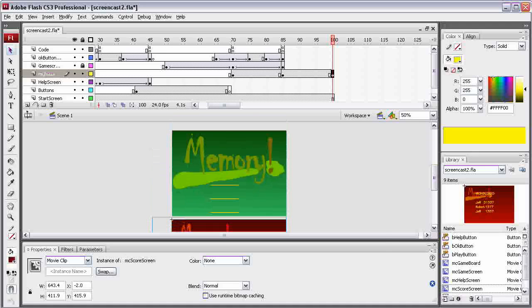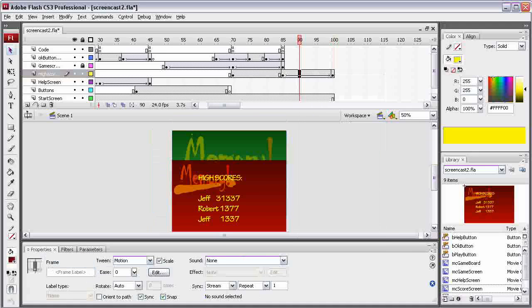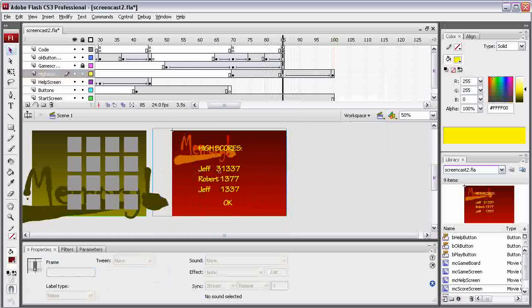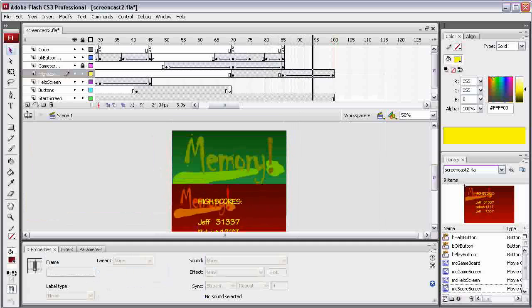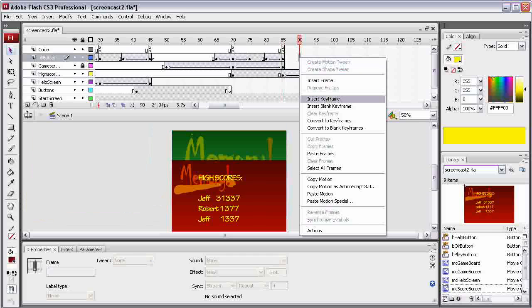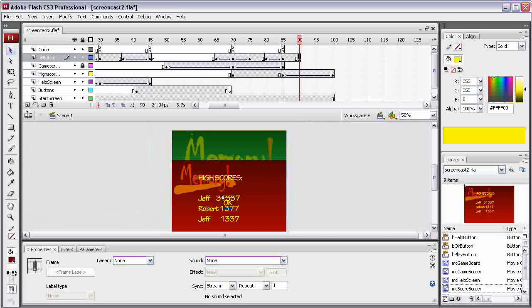OK. Make that a motion tween. Okay, so when we hit that OK button at frame 85, the high score screen is going to slide away, and we want the OK button also to get out of our sight. So let's have it simply take 5 frames. I'll insert another keyframe on the OK button layer